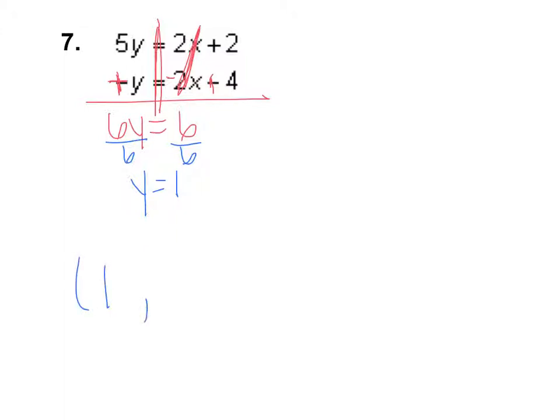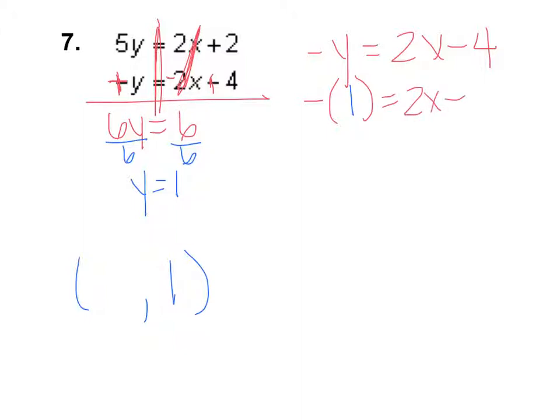So half my answer is 1. The x half is not 1. The y half is 1. I apologize. So now I just need to solve for x. So I'm going to plug it back in. I'm actually going to use the bottom equation because I like it a little better because it's got smaller coefficients. And I'm going to use the original, which was that negative y equaled 2x minus 4. So instead of y, I'm going to plug in there 1